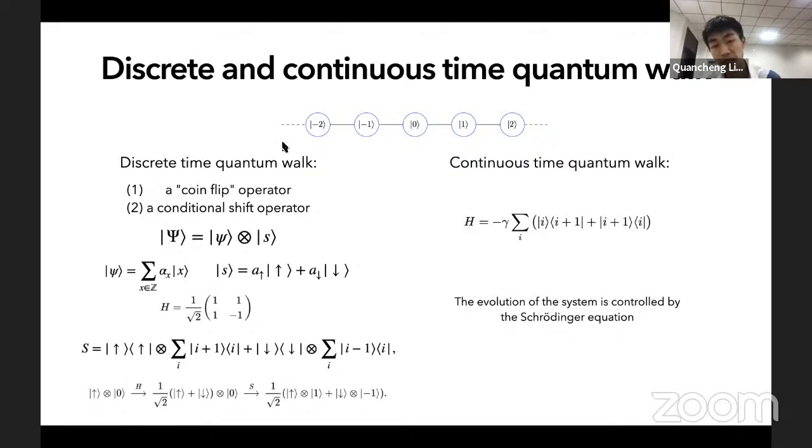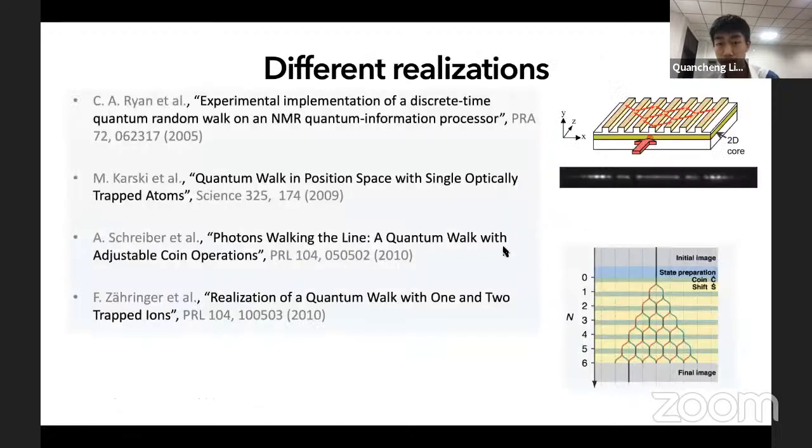For example, if we consider this case as a tight binding model, then its Hamiltonian can simply be written like this. And then what you do is that you evolve the system according to this Hamiltonian by the Schrödinger equation, and you will see the probability distribution of the quantum walk. So this is a very brief introduction to the quantum walk, and I will focus on the introduction, not on the